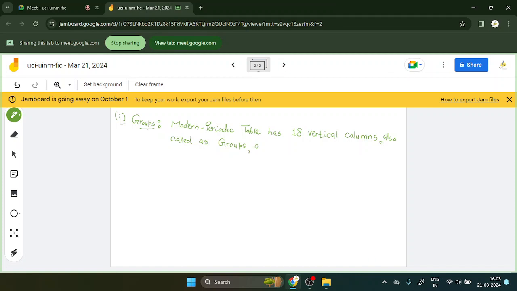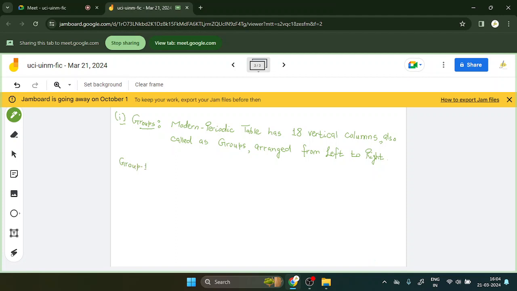And these are arranged from left to right. Clear? Okay, really very good. Now first we will be discussing a particular group. So number first, group 1 elements. Inside the group 1 elements,